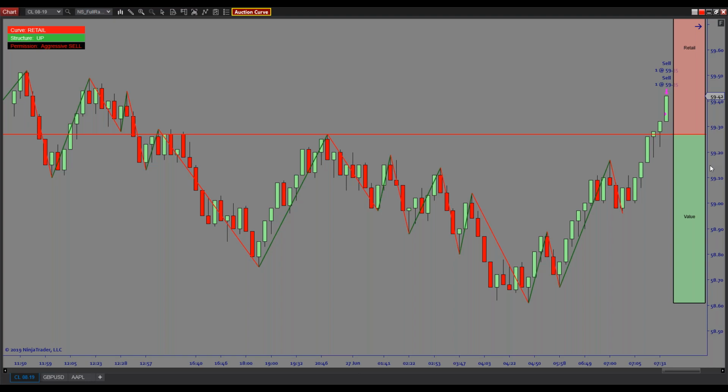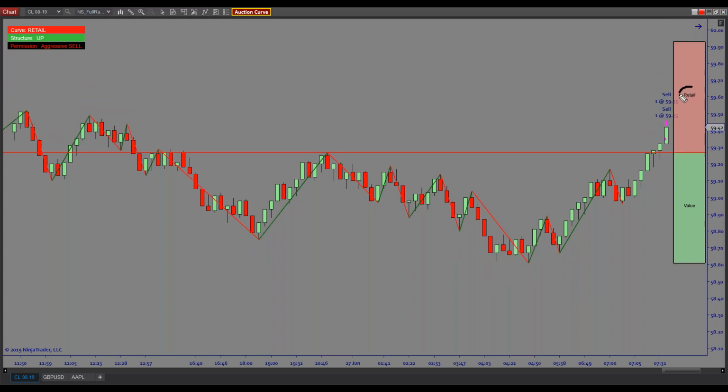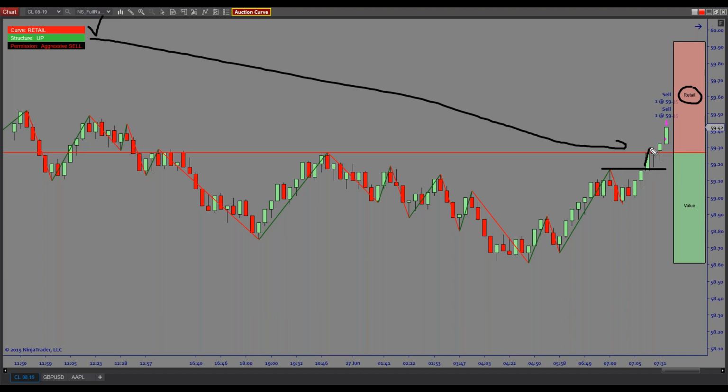Look at the box. What does the permission say? It's aggressive. The reason it's aggressive is because I'm shorting in expensive territory, which is perfect. I want to be a short seller when things are expensive. But I'm shorting when the market's still going up. We took out the highs. So right now, I'm like this guy right here with this shield saying, hey, I'm going to stop you, Mr. Market. I'm going to say, I have the power to stop you. That's what I'm doing right now.